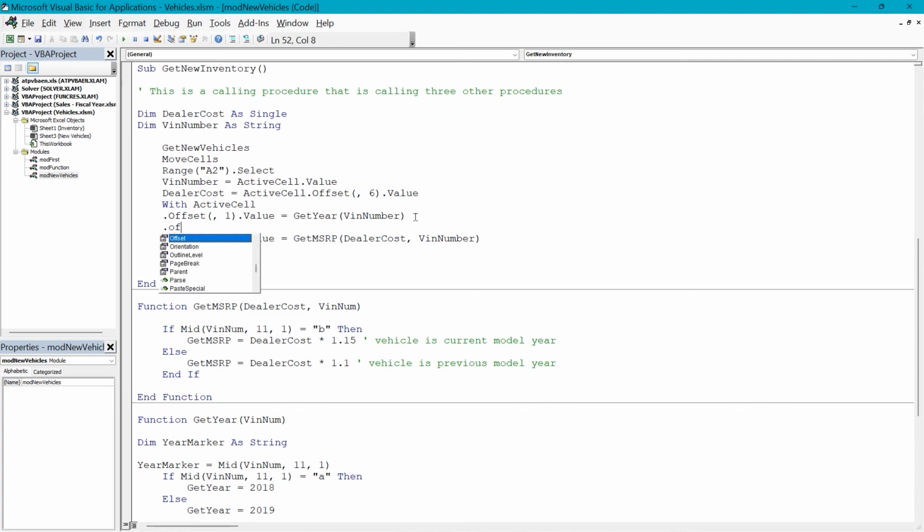So we're going to do dot offset, and this one's going to be comma 4 dot value equals get classification, the name of our function, and then we're using VIN number as the argument here. So this way we have the offsets in order so far, 1, 4, and 7, and that makes it easier